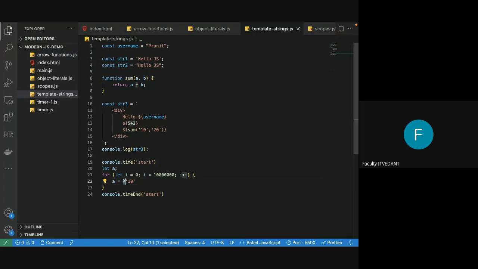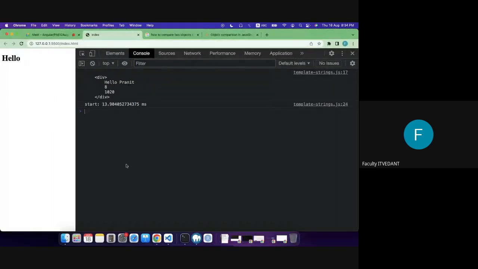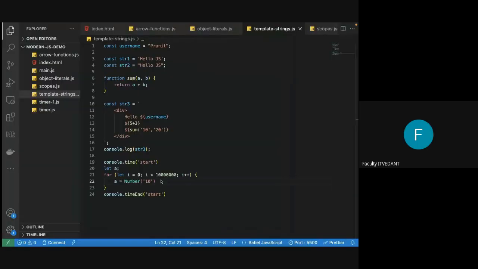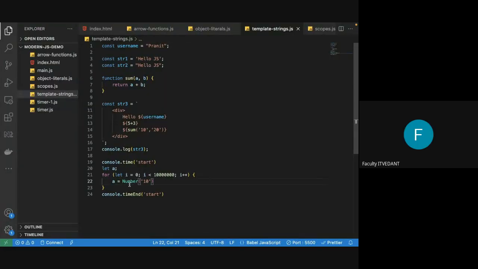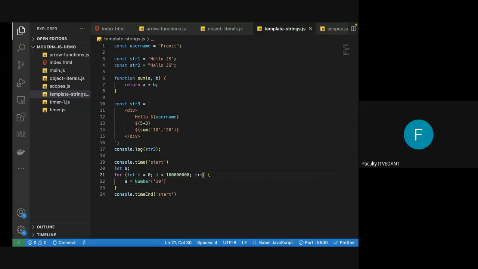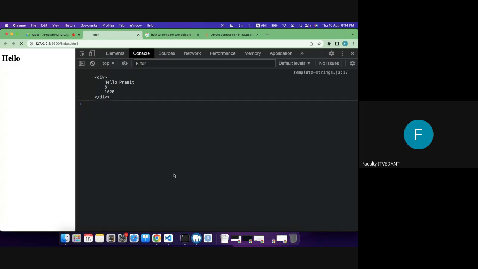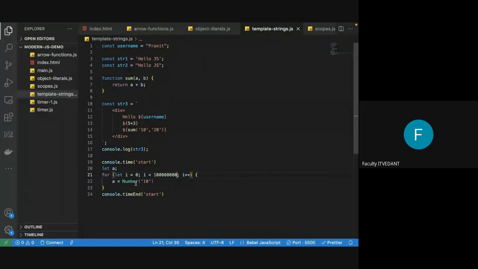Now let's use the Number function. In the first step itself, it took around 31 milliseconds. In the first step, when I used the plus symbol, it took around 118 milliseconds. So that's the reason Number is faster than your plus. I can increase this one more time and let's see. It's 346 for the first time. And if I do plus,